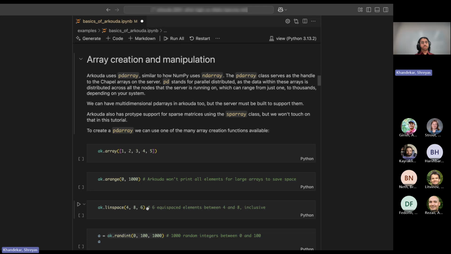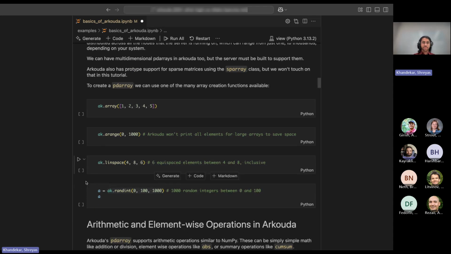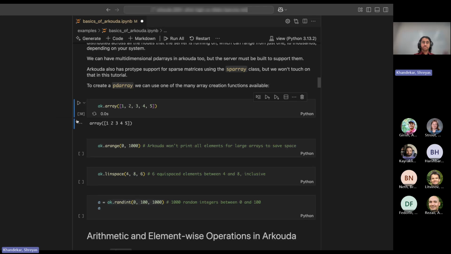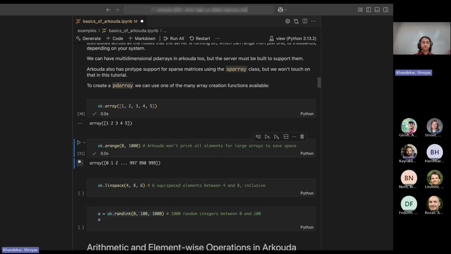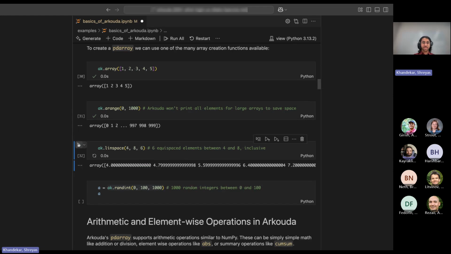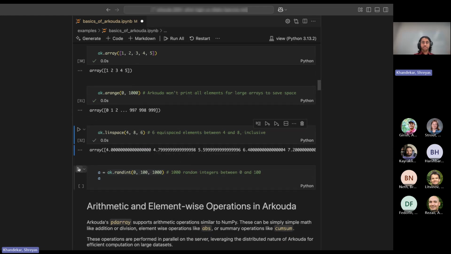We also have support for other types of arrays like sparse matrices using the SP array class, but those are prototypical, and we won't touch on them in this tutorial. So some of the simple operations that should look really familiar if you're coming from a NumPy world. You can create arrays, ranges from 0 to 1,000, linearly spaced elements between given bounds, random arrays of a